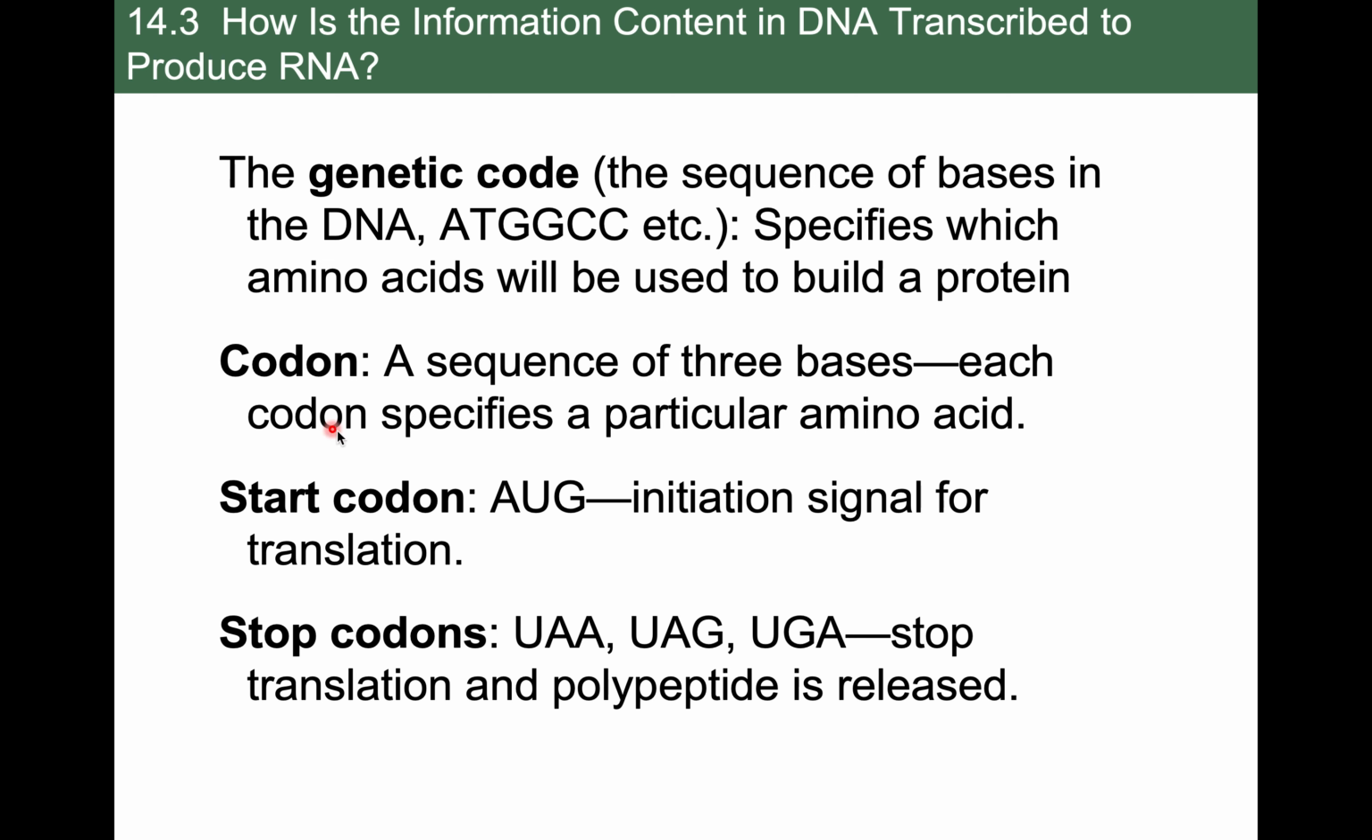And each one of those codons specifies a specific amino acid. And I'll show you all the codons here in just a second. But at the beginning of every gene, there's always a start codon, and it is always AUG. So that's that initiation signal for translation. It's basically telling the ribosome, hey, this is the start of the gene where we really need to start making